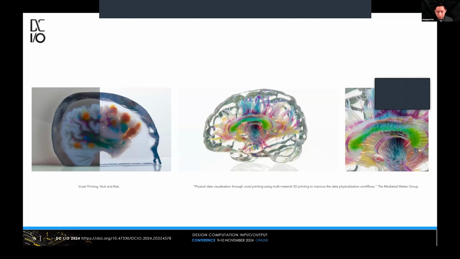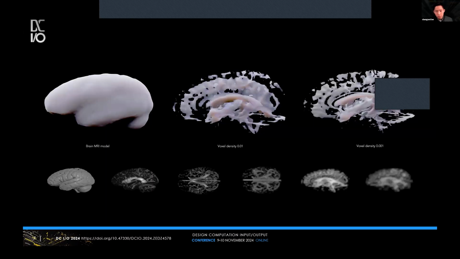So I did some research on voxel printing, and I also tried another program like Monolith, developed by Autodesk, but it has now been suspended, so there is no further development of the Monolith program. And then I tried using Houdini,